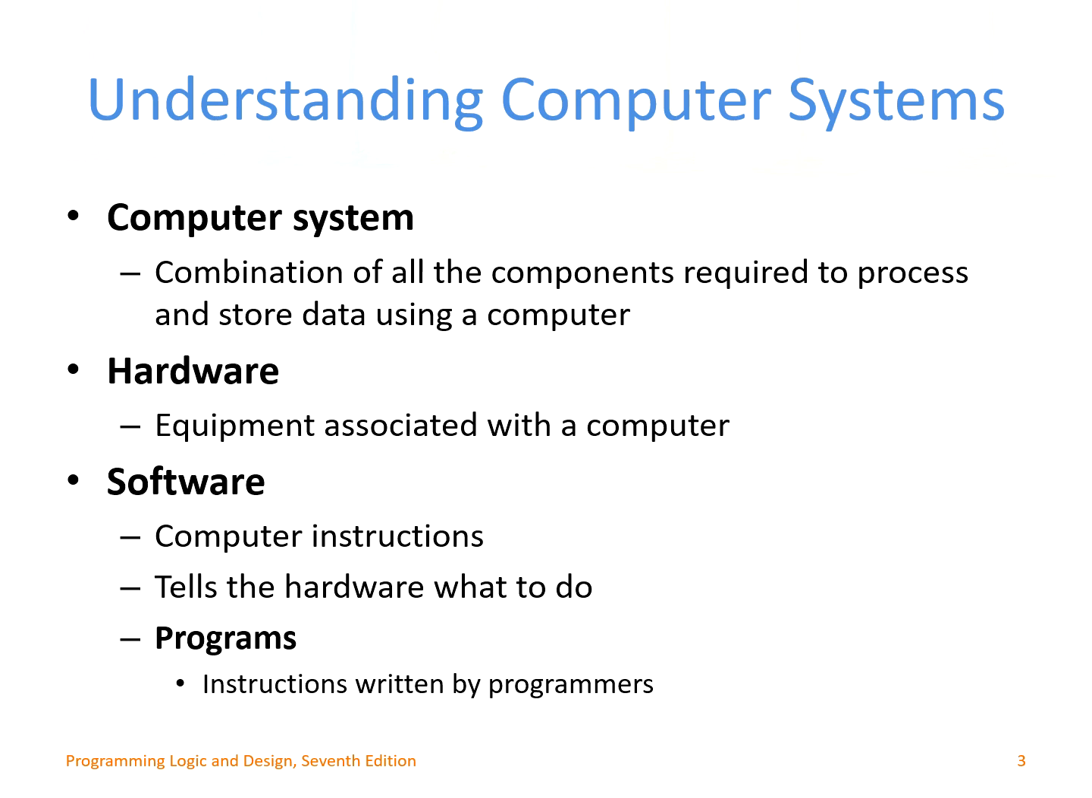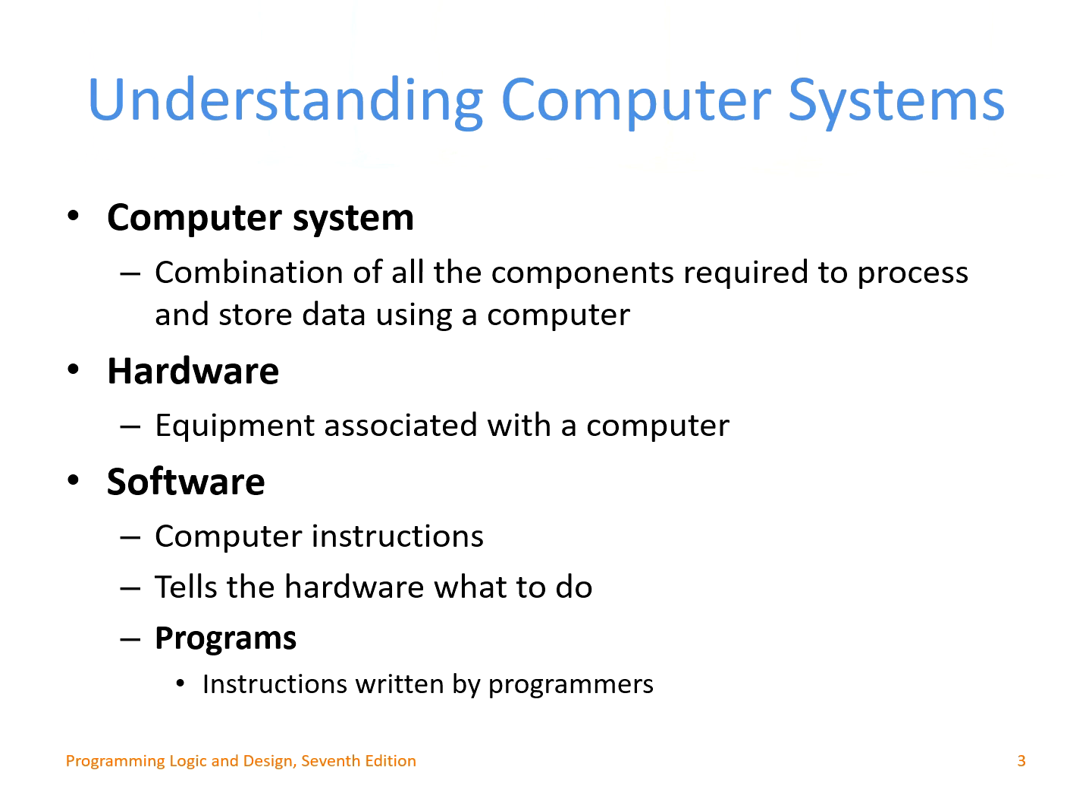Understanding computer system. Computer system is combination of all the components required to process and store data using a computer. Hardware, these are the equipments associated with computer. For software, this tells the hardware what to do, and this also involves in computer instructions. Under software, we have programs,